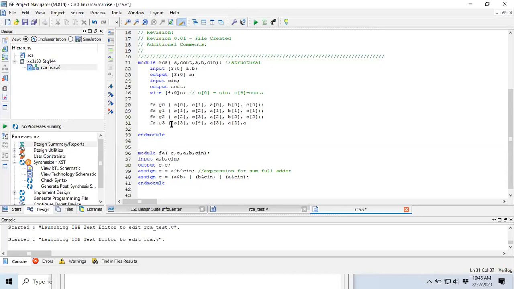And this will be C of 3. Now, if I write C of 0 over here, I should write the statement assign C of 0 is equal to C in. I should write this. If I want to avoid this statement, it is your choice. You can use it or you don't use it. I can write directly C in over here.